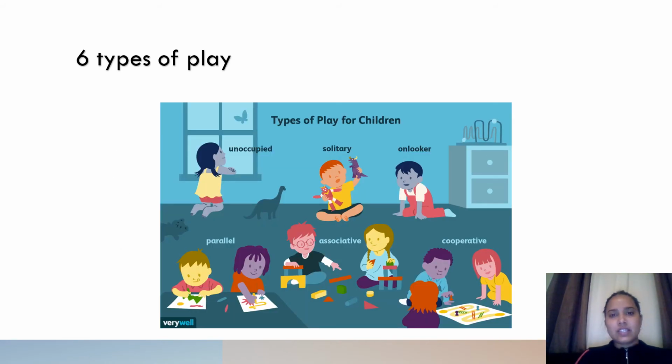And there are six types of play. The first one is unoccupied play. It means when the child is not really playing at all, just observing. The second one is solitary play. Solitary play means when the child plays alone and maintains this status by being focused on the activity. And